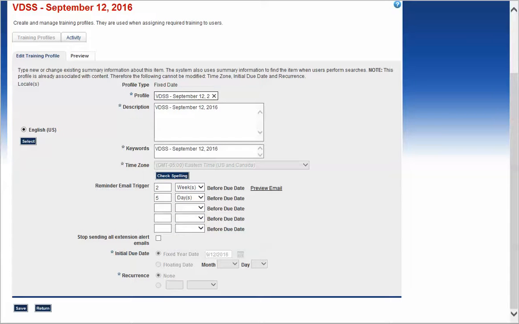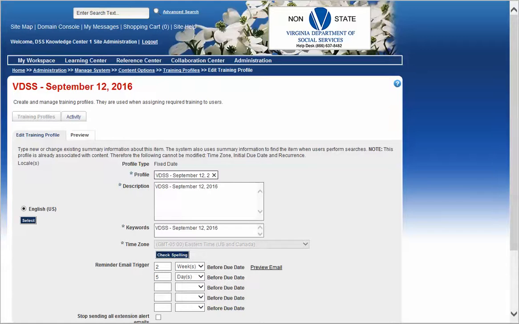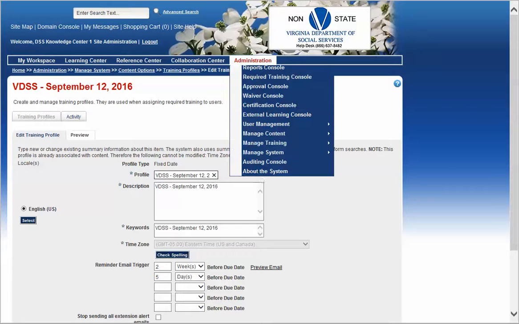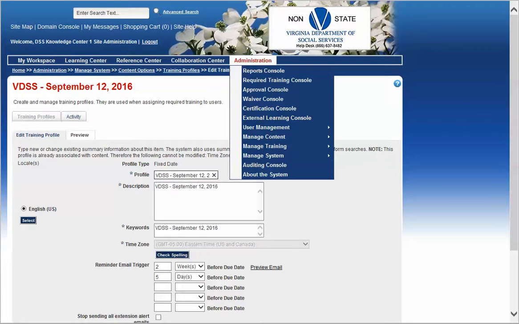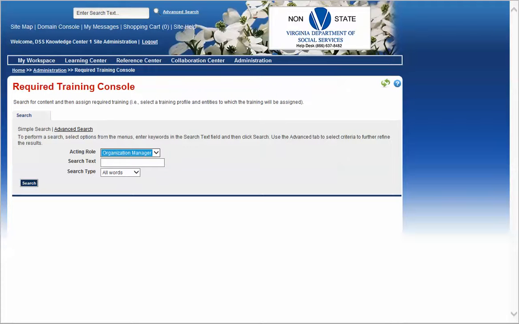We have the initial due date, and at that point we don't need to look at this anymore, but if I was going to create a new one, of course I would just make it a different title, different due dates, and different reminders. So at this point I'm going to go up there and show you how we would assign somebody a required training. So I will click on the required training console,